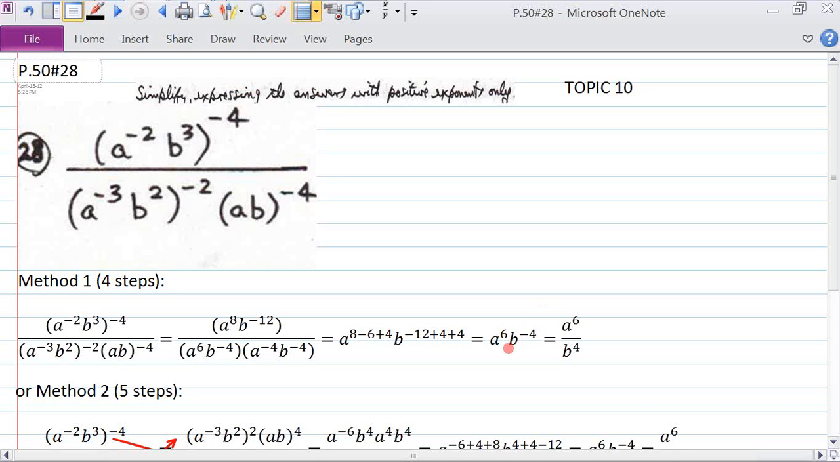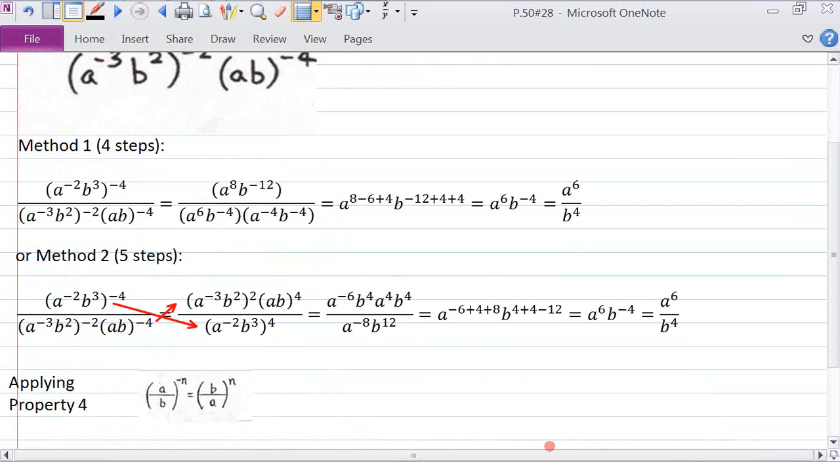And now I want my exponents to be positive, so I'm going to move b to the minus 4 from the numerator to the denominator, and here we have b to the 4th. Now the other way that I could do this is applying property 4 to the first step, where I take the terms with negative exponents and I move them from the numerator to the denominator and the reverse too, so